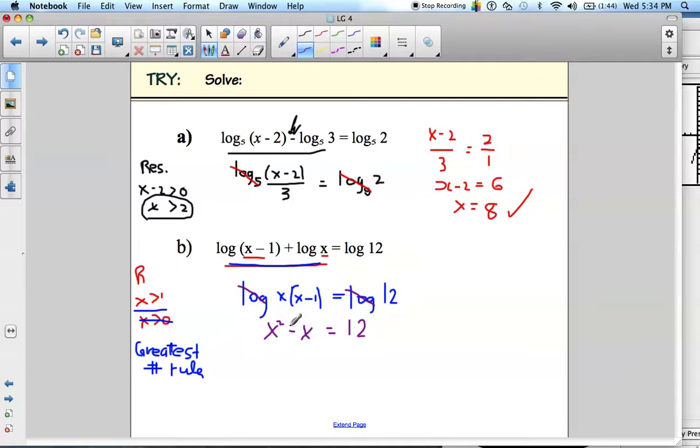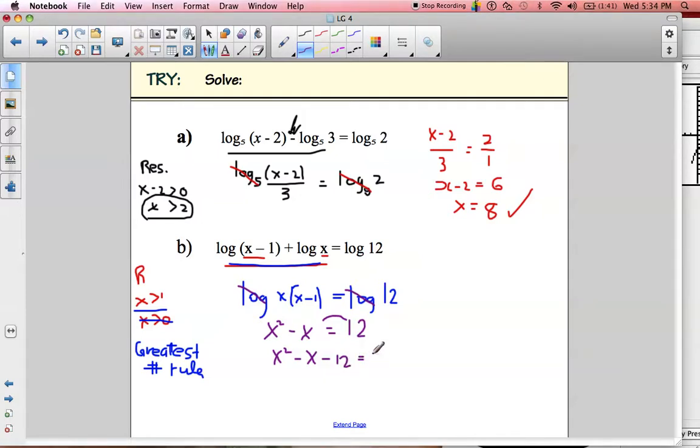Now you notice that we have an x squared involved, where the previous questions we didn't have an x squared. So when there's an x squared, you're going to be thinking about quadratics and factoring. So watch, I'm going to bring this over. So it's x squared minus x minus 12